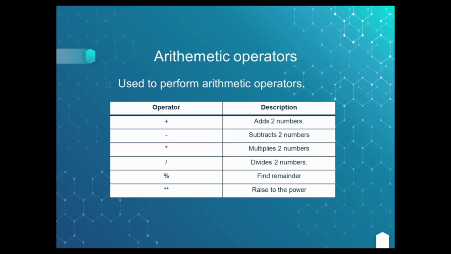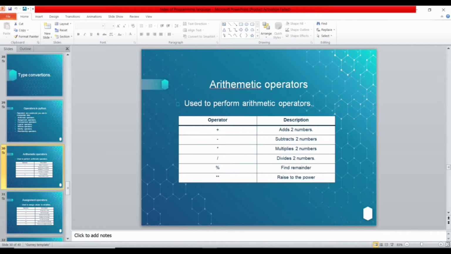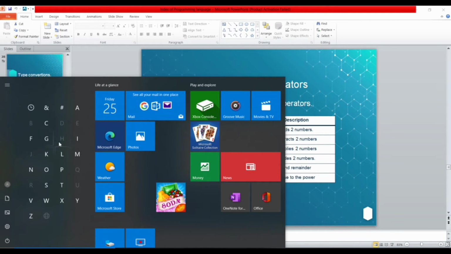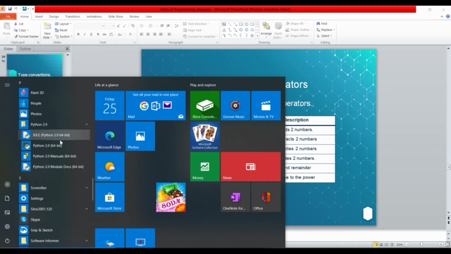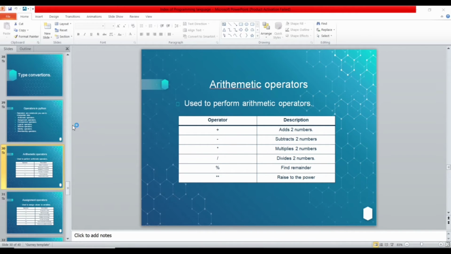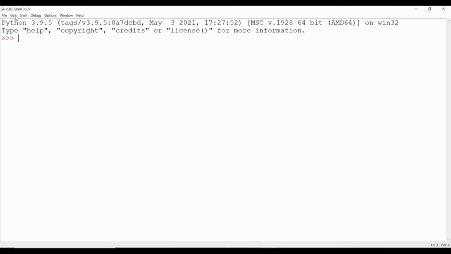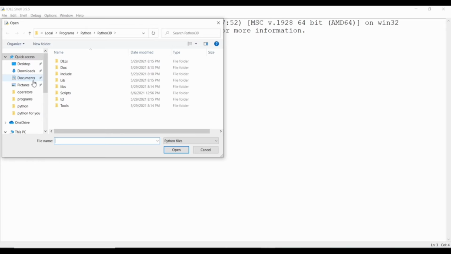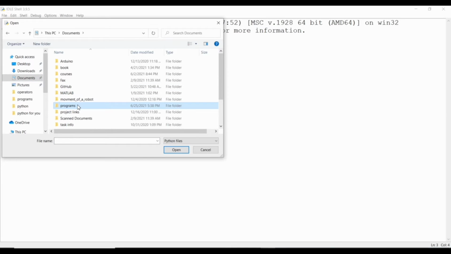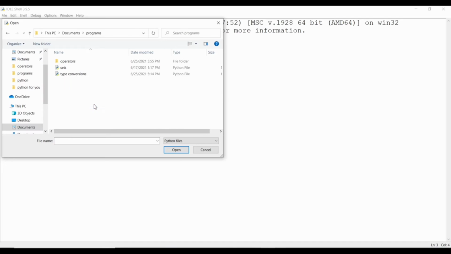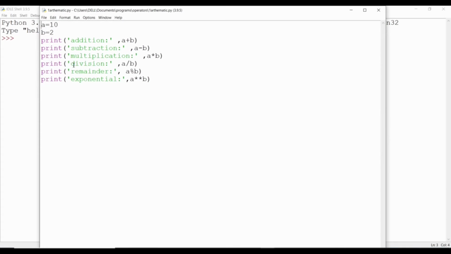Here is a very simple thing. So without wasting any time, let's go to the program and see how it works. Here I have already predefined the program that I want to show you.